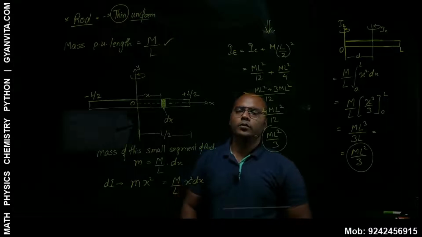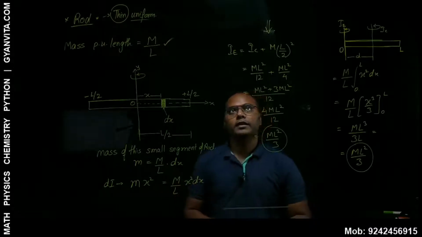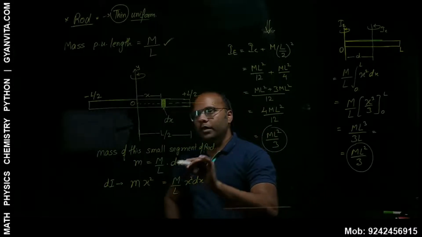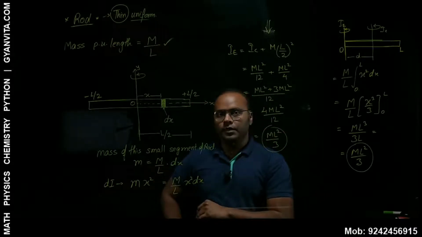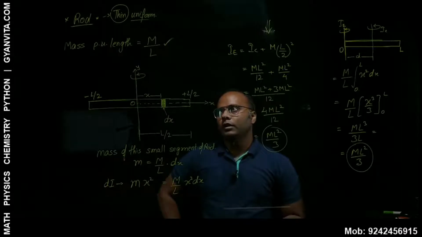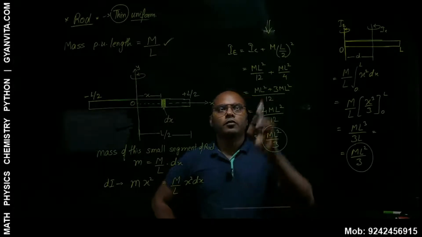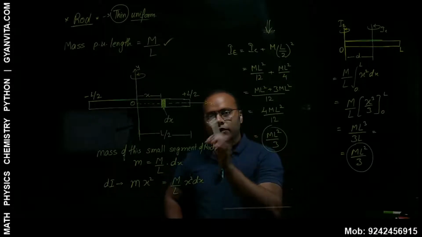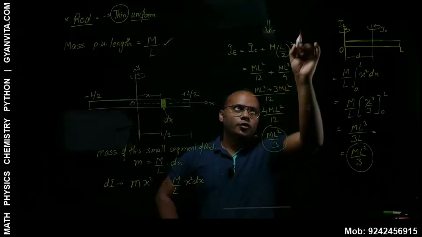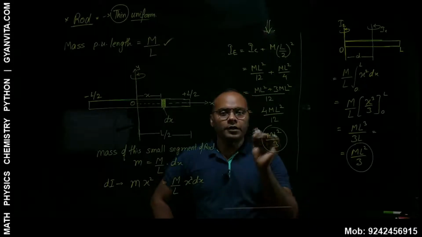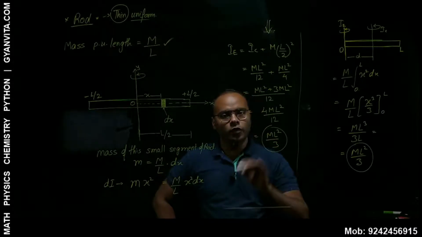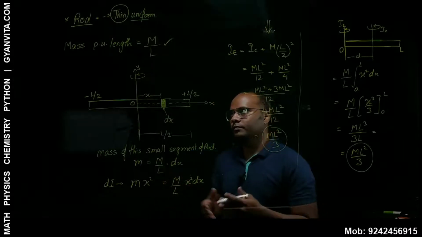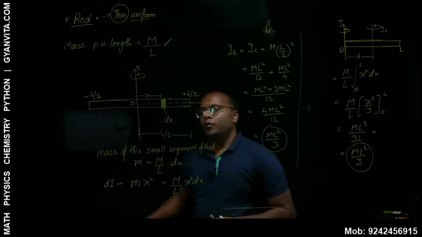So in your exam, if it is given that through the center of mass, the moment of inertia is ml square by 12 in case of a thin rod, now find out the moment of inertia along the axis which passes through the edge or through one of the ends, then you will follow this method, and it will be a short answer type question. It won't carry full marks. I mean, it won't be a 4 or 5 mark or a 6 mark question.